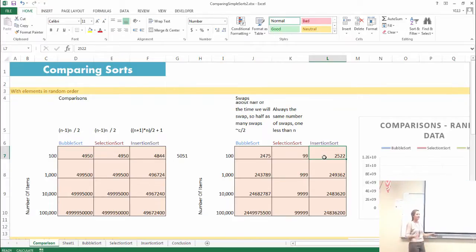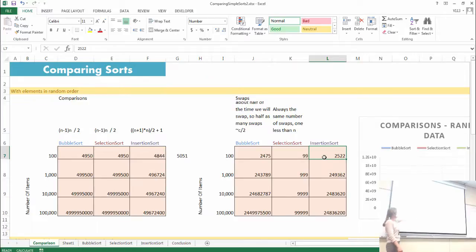Yeah, they're about half. About 50% of the time you swap. Sometimes a little bit more than 50%, sometimes a little bit less because it is random. But about 50% of the time that you loop, in those loops, you'll swap. So those numbers were about 50% of these numbers.